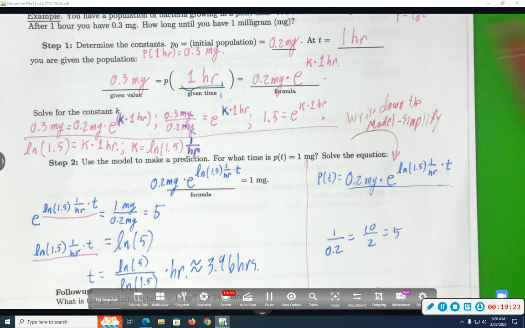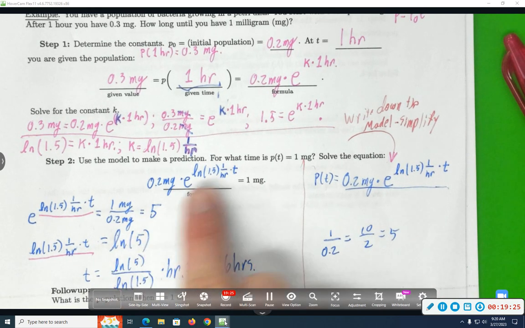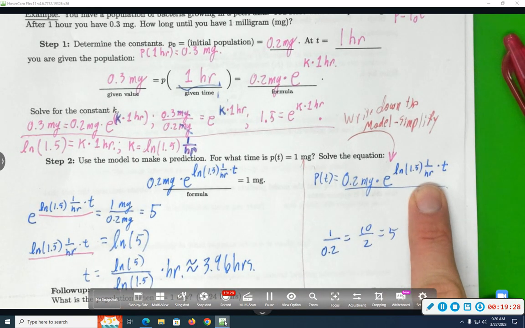Right, so like this, that 1 over an hour, if we have 1 day divided by 1 hour, that's 24. 1 day is 24 hours. So,